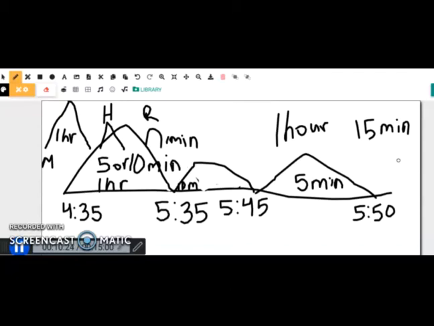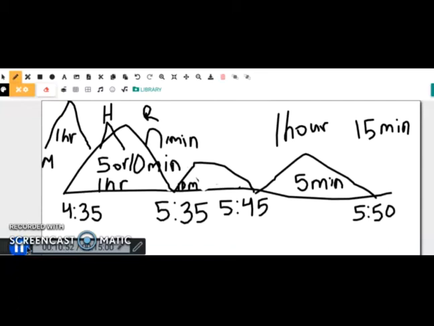Now, you see the significance in the mountains, hills, and rocks. Remember, mountains are for hours. So we want to get rid of the hours first. Sometimes we could have taken it and gotten our minutes first and taken it to an even hour, like 5 o'clock or whatever. You can do that. There's not a problem with that. But I feel like for me, it's easier just to do the hours till I can't use hours anymore and then start using my minutes. And I try to use the 10s and the 5 minutes first,